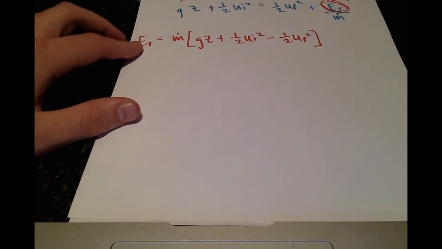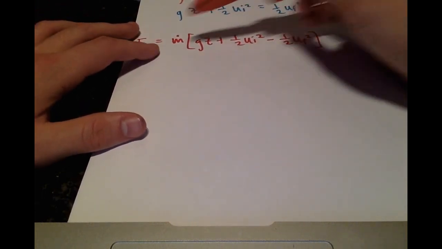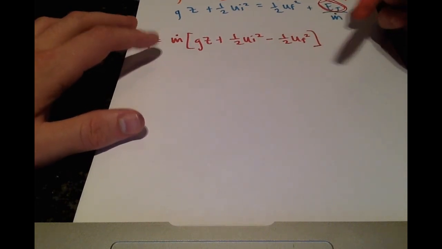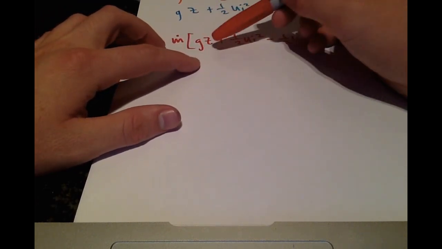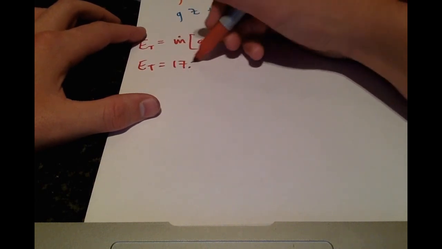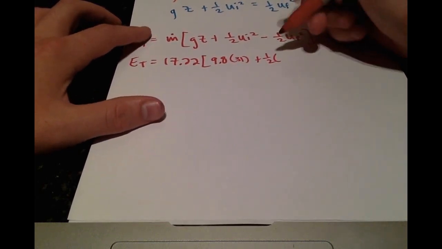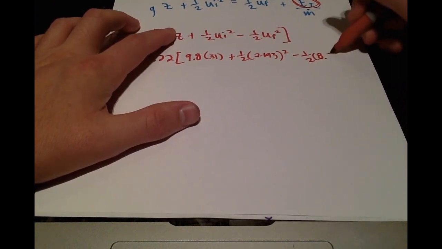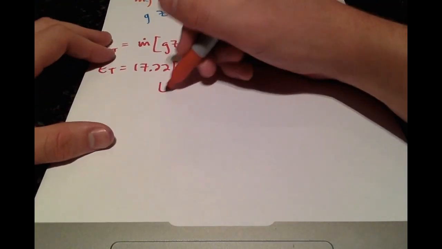All right, and this is what we get once we isolate the energy of the turbine. And from here, we just have to simply plug in all the appropriate values. And we don't have to include the units because we know that we'll get the answer in joules per second or watts if the mass flow rate is kilograms per second, the gravity is meters per second squared, the height is in meters, and so on. Alright, so doing these calculations, we get